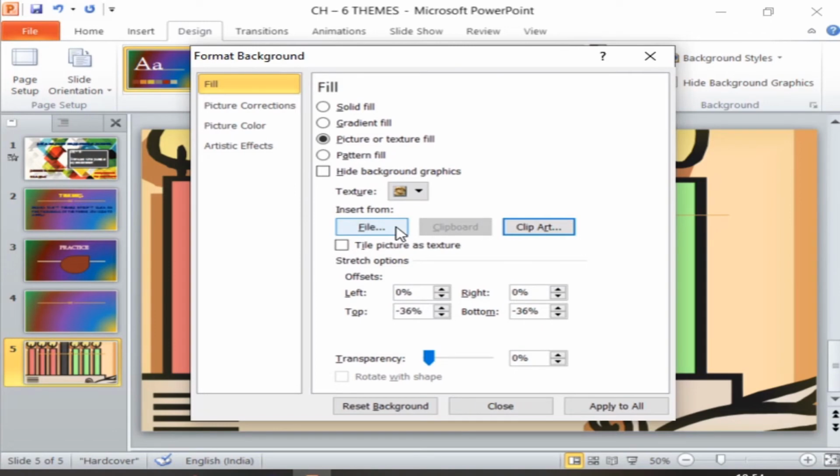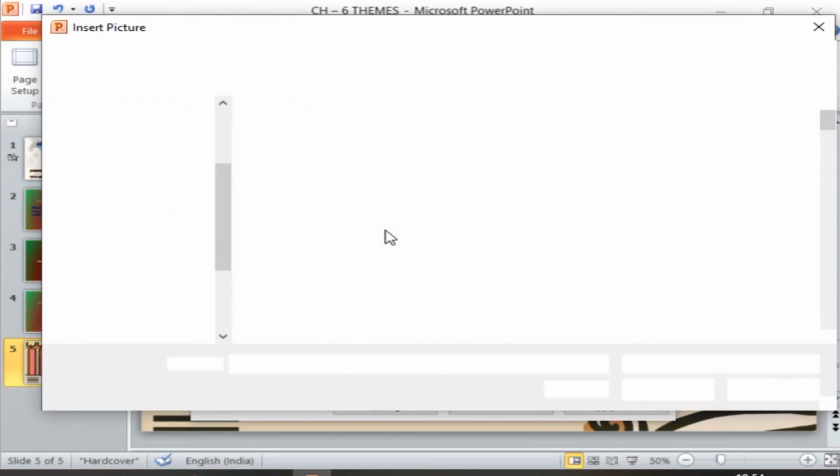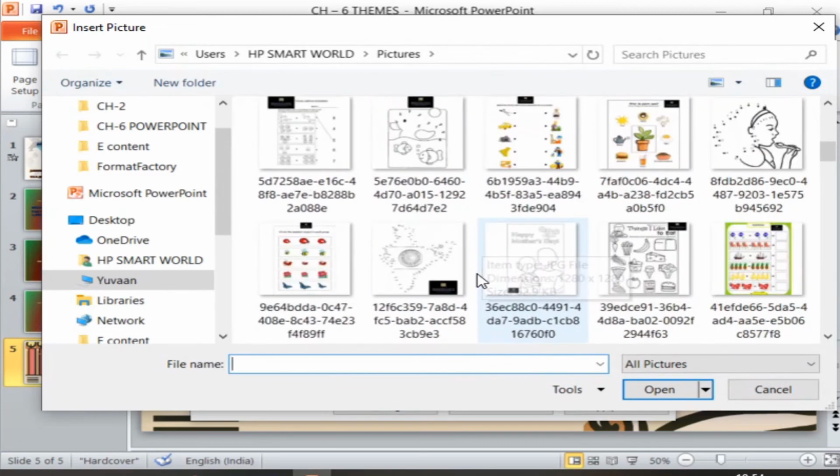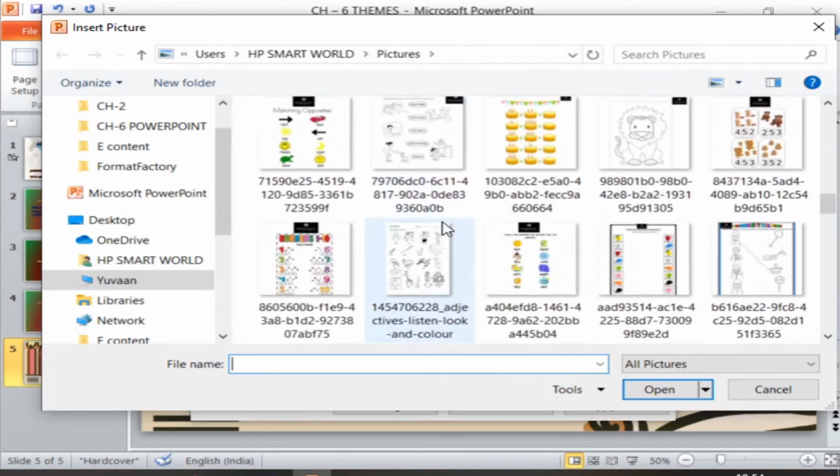Now if you want to apply a picture rather than the clip art, then you have to go to the option insert from file. Under insert from file, again a picture dialog box will open. We have already done this in the last video. So you can choose any picture.